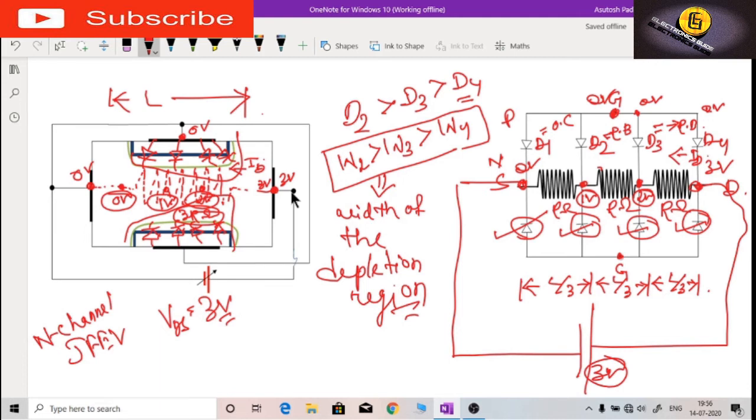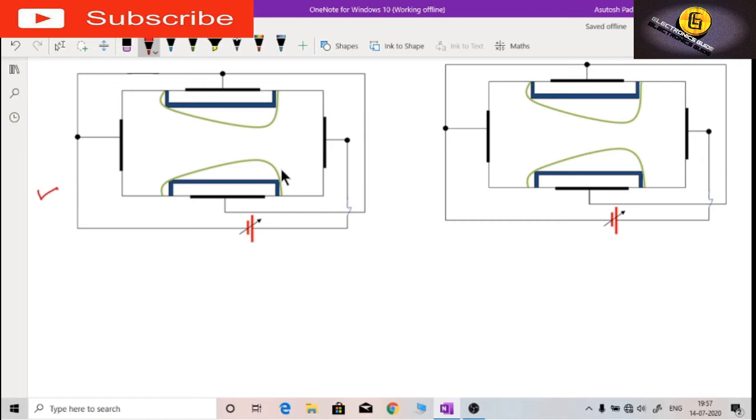That means now the depletion region width is not uniform through the channel, it is more tapered at the drain end. Now the shape of the depletion region changes to this type, which is more tapered at this drain terminal, making the width of the channel narrower at the drain end. The width of the channel is highest at the source end. Maximum channel width. Due to this, the channel resistance increases, making ID value lower.